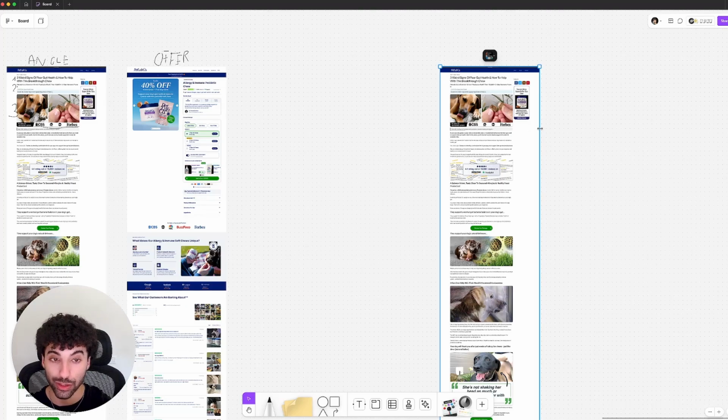Once you do it step by step and you do it the right way, you find out that you have a whole lot of angles, a whole lot of different offers, a whole lot of different things you can expose to your cold traffic. You can send your traffic from Meta, Google, native too, and it's going to resonate and work